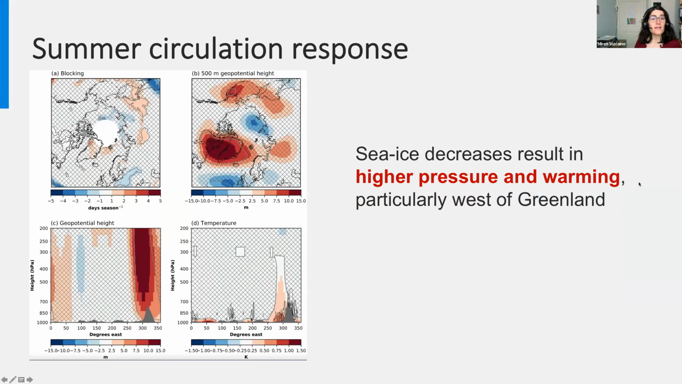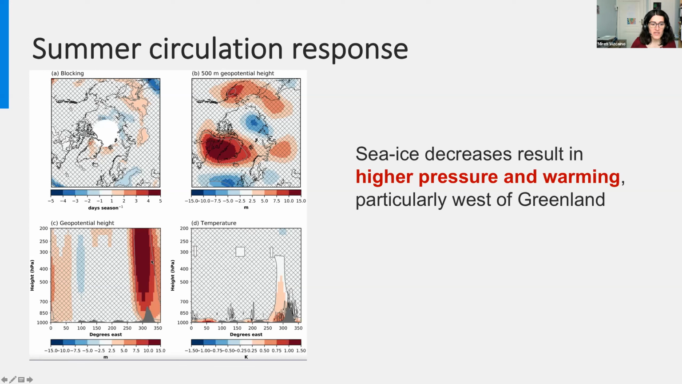Okay, and if we look at the summer circulation response, this is the change in blocking, this is the change in 500 hectopascal geopotential height. And here we have the average between 60 and 80 north, and we have degrees east. So here this is Greenland, no? That is. So what we see is this